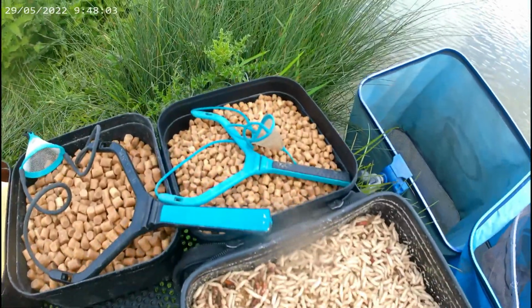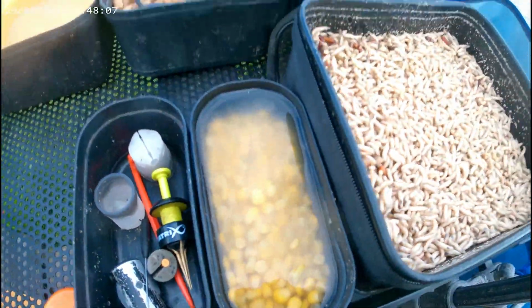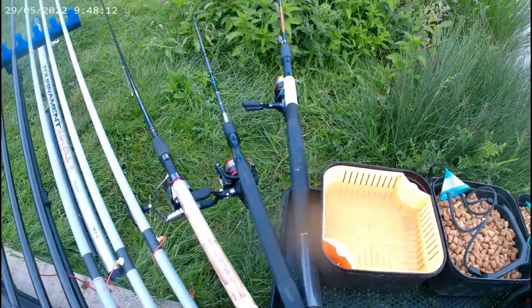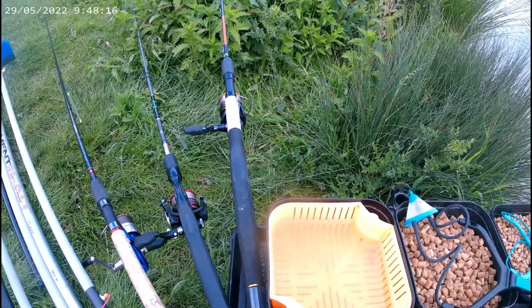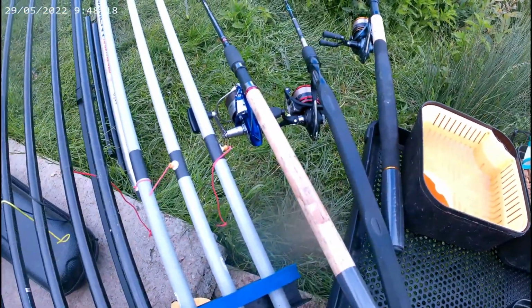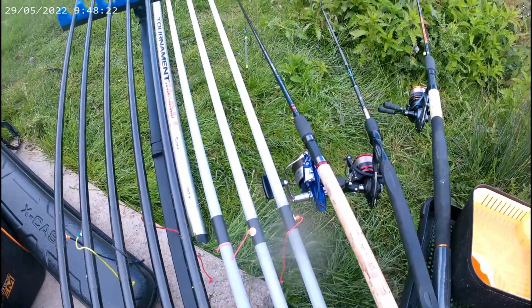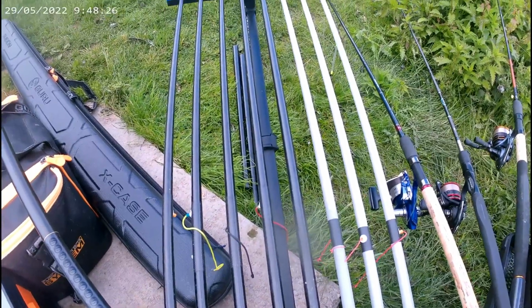White maggots, 6mm fishery pellets, 8mm with corn for down edge, and I've got some micros, but they're under my box. Got 3 rods set up. We've got pellet waggler, bomb, and little hybrid feeder, got 2 short shallow kits, 1 front bottom, same line for my maggot rigs. I've got a slapping rig,